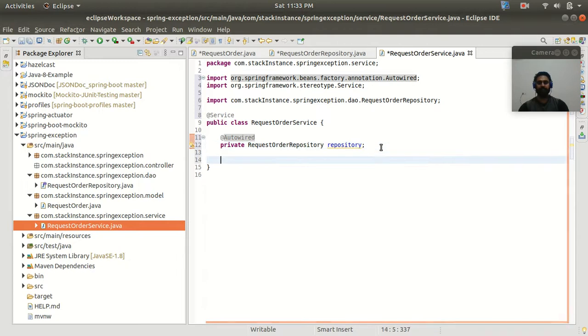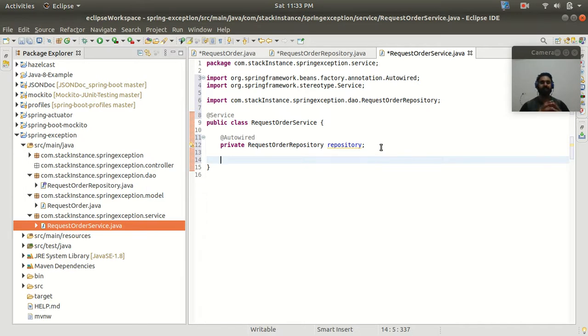And here I am going to create a method to insert the product data inside my H2 database. So let me create a method with the public identifier and the return type as void. Method name, let's say request order to db, something, right?